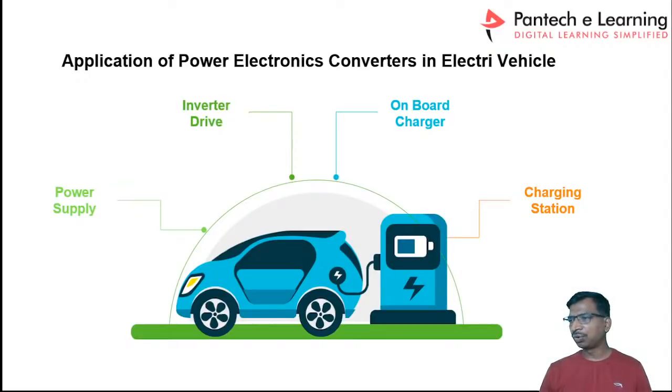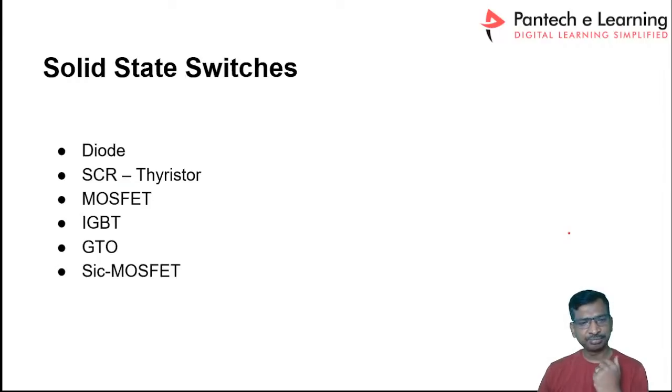5, 12, 24. Yes, some of the EV cars come with 600 volt DC operating voltage also, and 48 volt, 72 volt. So these are the voltage ratings. Again, the power and current rating depend on the power and will change widely. And for the charging stations again, there are a few types. To understand all those concepts, you must know the working principles of the solid state switches,